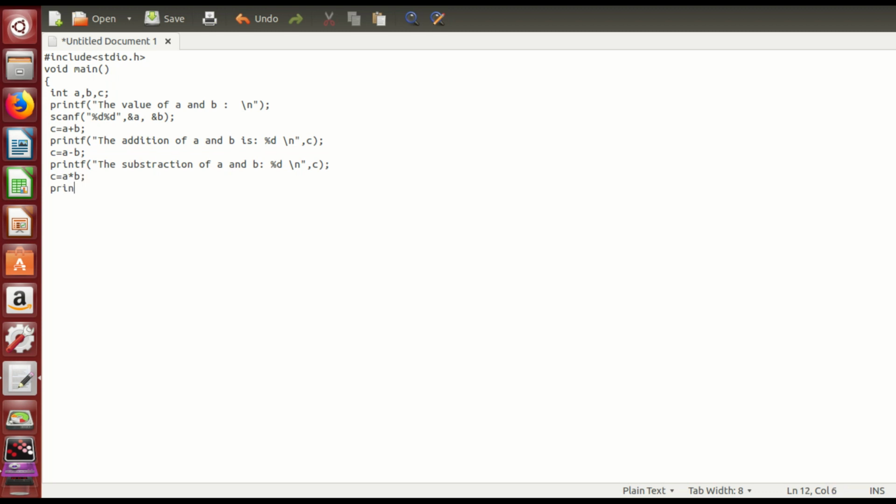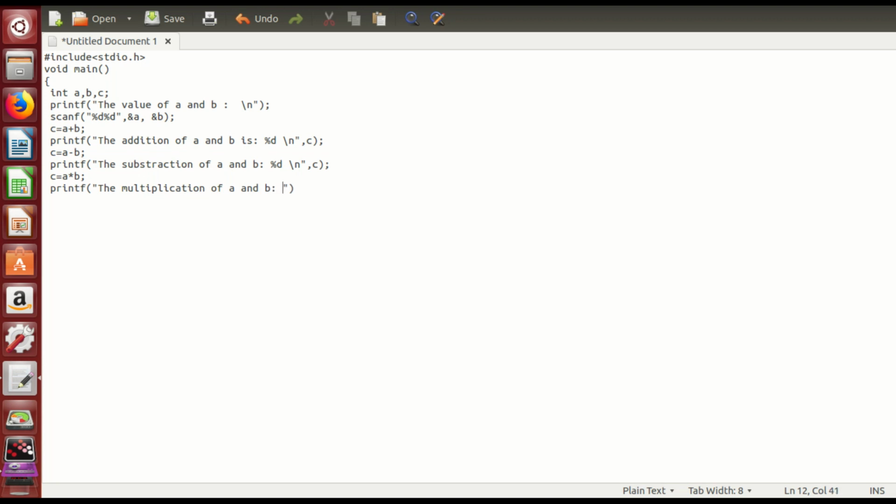For multiplication, we type c is equal to a star b. Here star is an operator which is used for multiplication of two numbers. We write the same way as before.